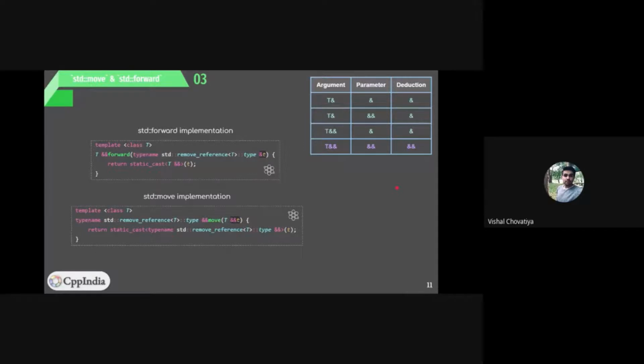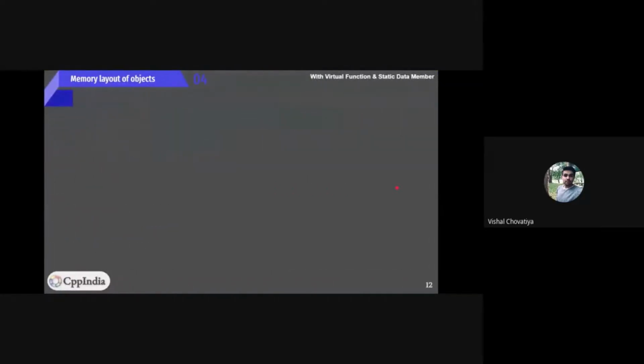Okay, then we will move on to the next topic. This is a pretty interesting topic, and if you are from a C background, this will clarify how C++